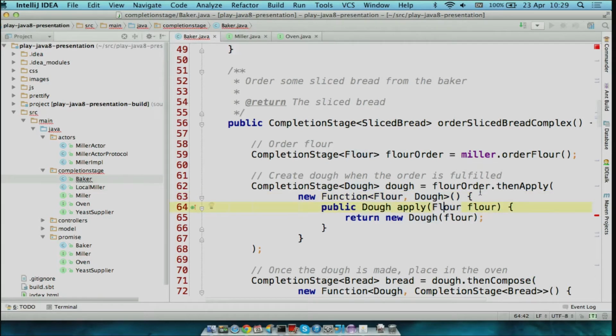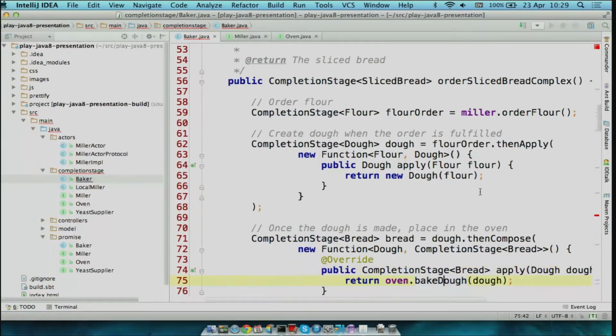So that's thenApply. Now when we bake it, place it in the oven, if we were to use thenApply, then because the oven returns a promise itself when you bake dough, we would end up with a promise of a promise of bread, which is not what we want. We just want a promise of bread.